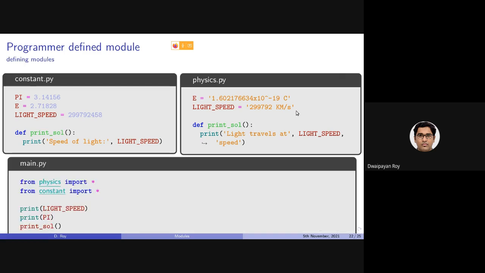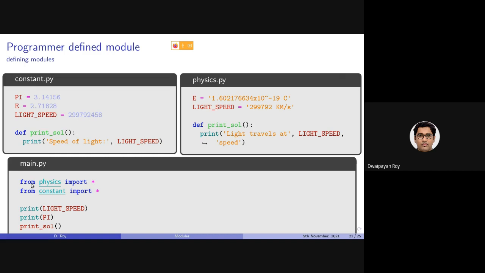Now, if I import both of them using this star notation, then what would happen? As I said in the last class, in this case, this will be overwritten by this statement, because from constant import star is executed the latest.